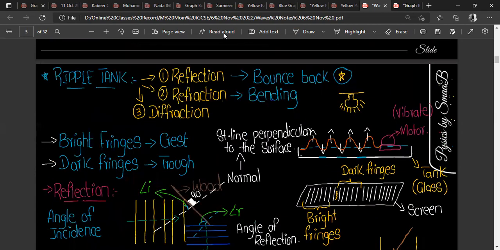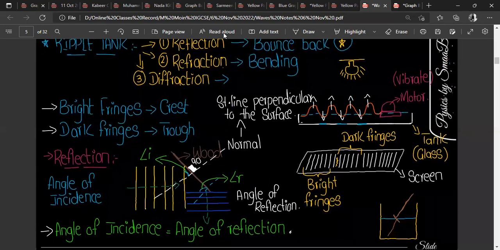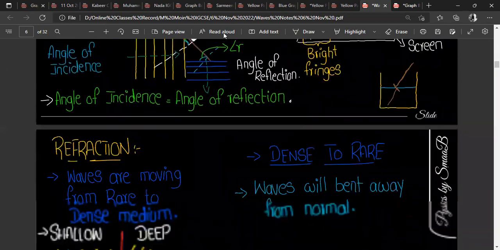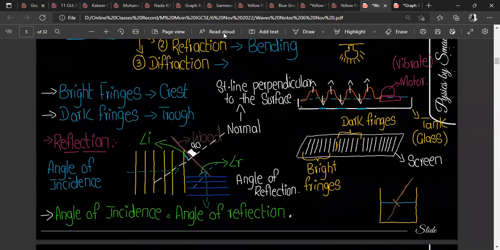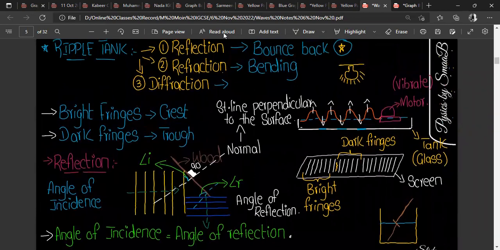Now only one topic is remaining, which is diffraction, right? Yes. Wait, I have a doubt, sir. In the reflection diagram which you drew here, with the angle of incidence and the angle of refraction,